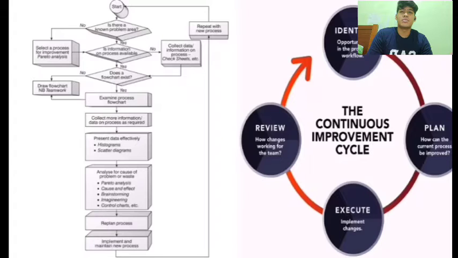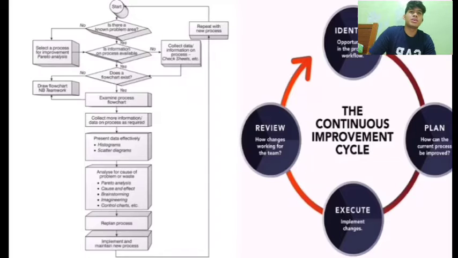So here are some examples of some of the 7 basic tools that Ishikawa has called. So dito meron tayong mga diagram. Okay. So ito, isa na to is I think the scatter diagram. So dito naman sa isa, ito makikita natin dito is the continuous improvement cycle. So ito para lang din to yung basic tools kung paano mo ma-improve yung isang system.